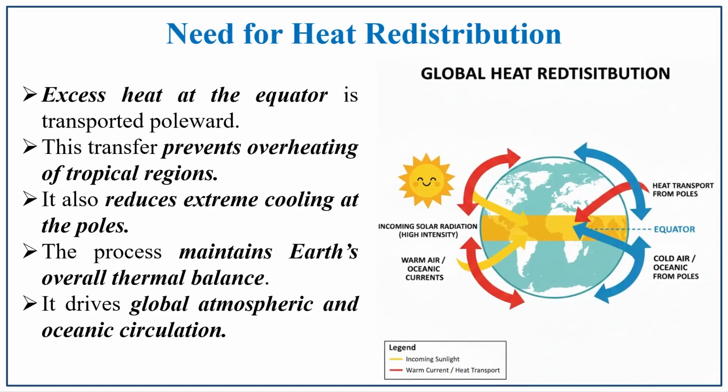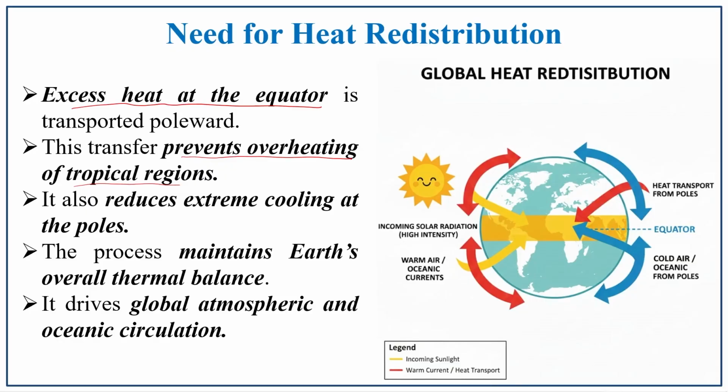The need for heat redistribution. So, how is the heat redistributed? The heat which is gained by the equator or torrid zone is not kept by itself. It is distributed to other places where there is a deficit. So, the excess heat at the equator is transported poleward because of the deficit. This transfer prevents overheating in the tropical region. If the tropical region keeps the heat with itself, it will be very hot. So, what happened? That excess is diverted towards the polar region, so that it will be somewhat mild